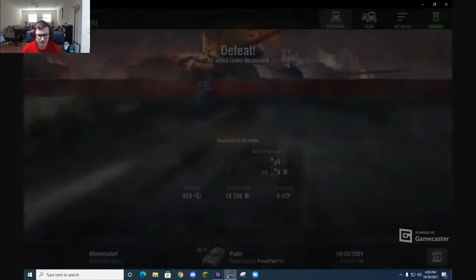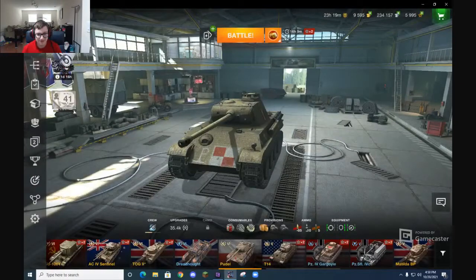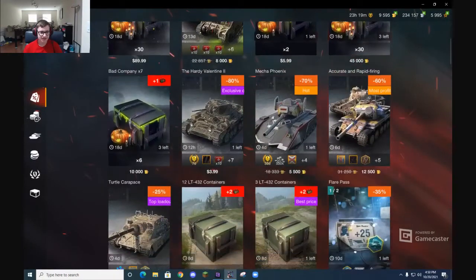And how much damage did we do? We did more damage than the other 2 battles, but yeah. So that's my tank. I wouldn't get it personally. I'd have to buy 4,500 gold. Even if I had the gold, it would be kind of a waste of money in the sense that